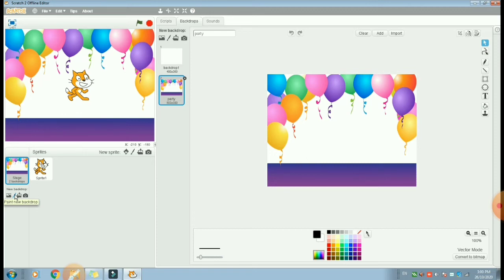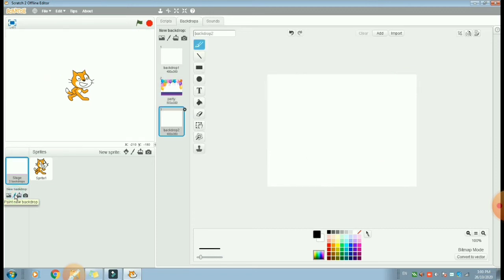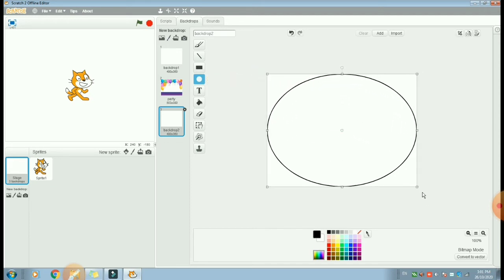The second one is paint new backdrop. This option allows you to make your own backdrop. So just click on it. It will open the paint editor window of Scratch. This is the canvas, and on the canvas you can make your own backdrop. These are tools and these are colors. Let's draw one backdrop. For this I will select the ellipse tool, come on this canvas and draw one ellipse. Now let's fill color.